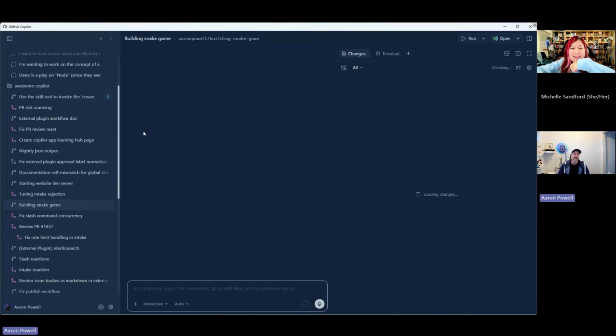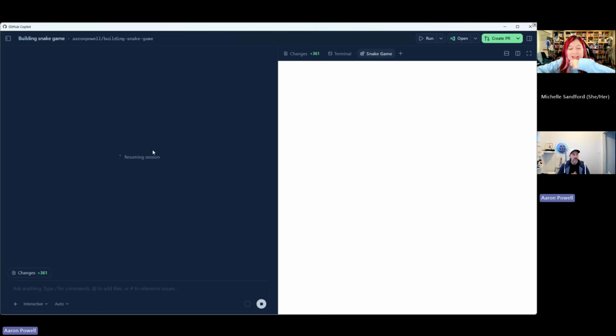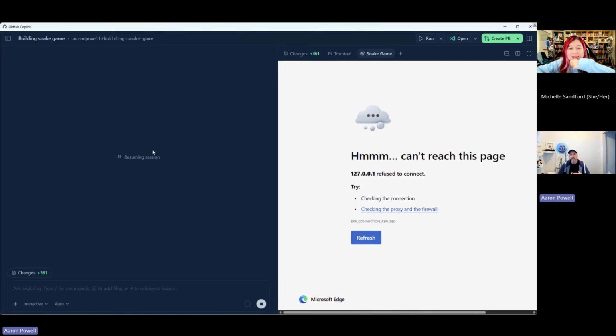But I'll show another canvas that I've done that is arguably less practical, but no less fun. So let's just load up a session that I did the other day of building out a canvas, and this is, well, I need something to do while the agents are working. I've set off my fleet of agents. They're all working on their parallel work streams in their own workspaces. So what am I going to do to keep myself occupied? Well, maybe I want to run. Maybe I want to play a game. I'm going to play Snake.